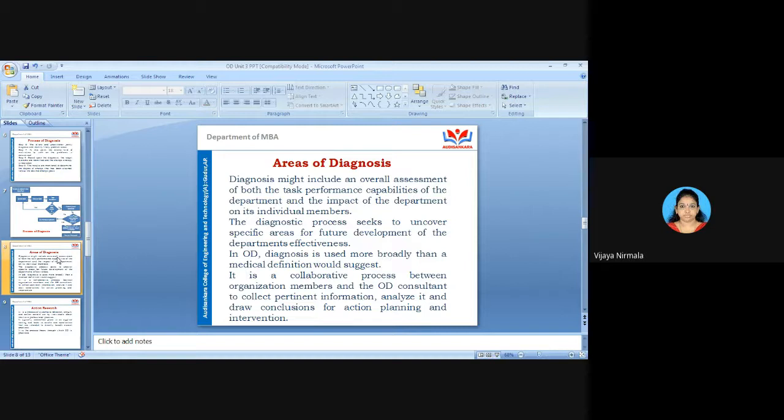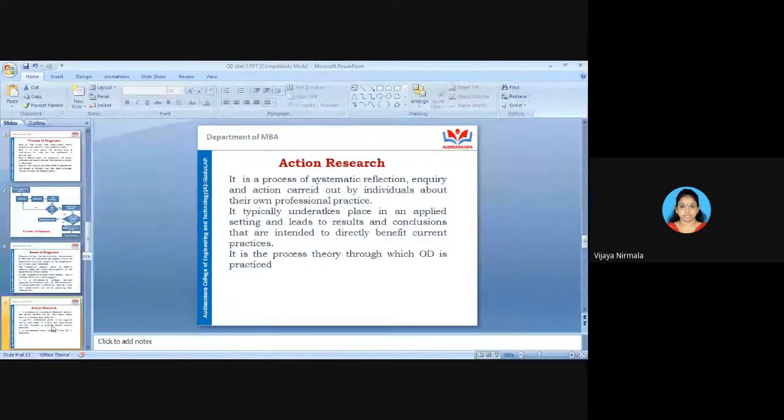It is used to uncover the causes of the specific problems, and these are focused on understanding the effective processes or are directed at assessing the overall functioning of the organization or the department, to discover the various areas for future development. Okay, so this